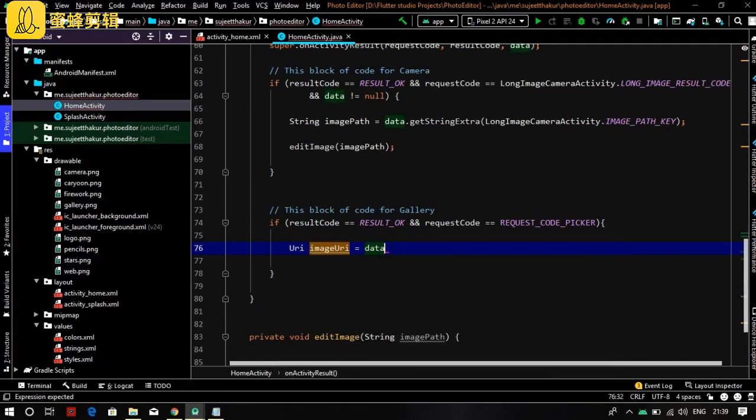Write Uri image URI equals data.getData().